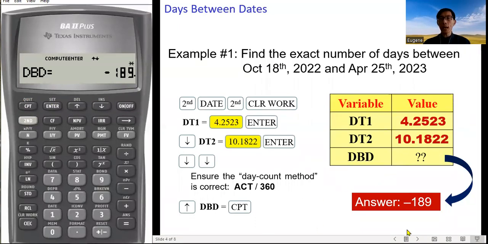We are counting the number of days backward, so the calculator will give you a negative value. But we may ignore the negative sign. Let's take a look at the next example.